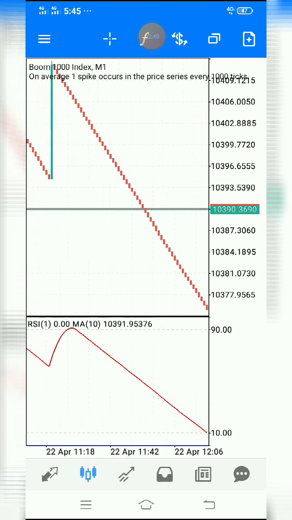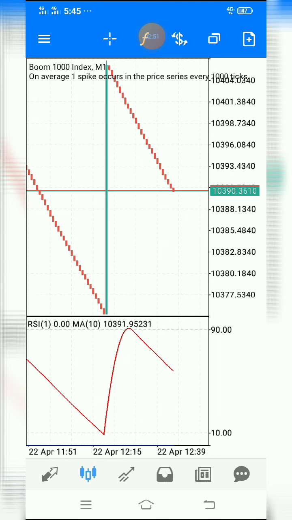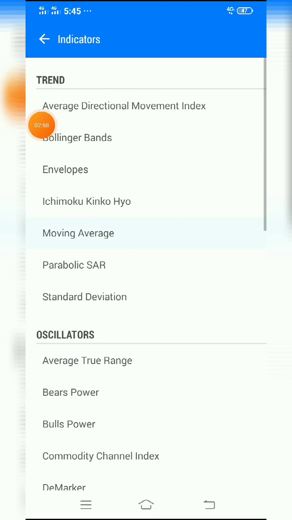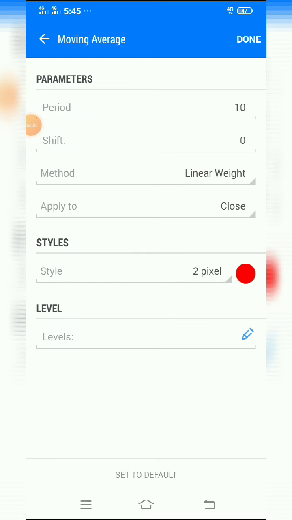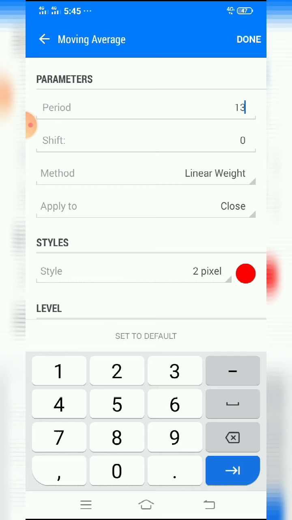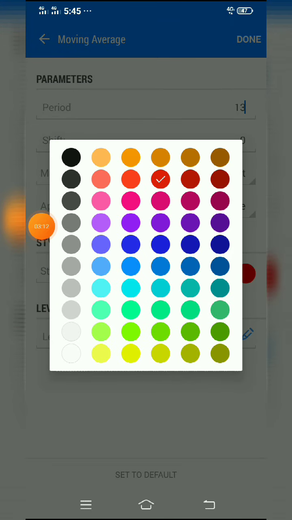So like that this option comes up in the MT5 account, and we have to go to the same indicator option, indicator window 1, and now we have to choose moving average, and we have to write 13 there, and we have to change this color to black.